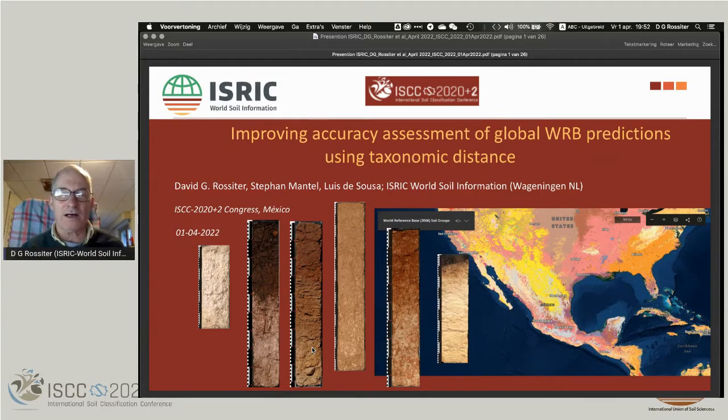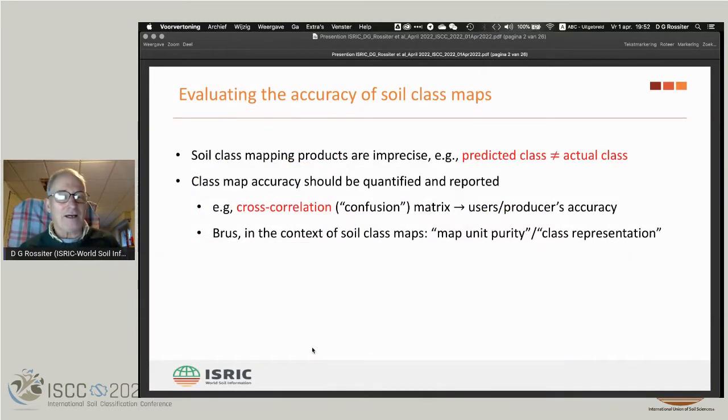I'm presenting on behalf of my co-authors, Stefan Montel and Luis de Sousa, and we're from Maastricht in the Netherlands. We're going to talk about accuracy assessment of WRB products, especially in the context of SoilGrids. Our basic point is that, of course, when we make a map, we don't always have the class correct. That's clear. So we want to report that, and we use a cross-correlation matrix,